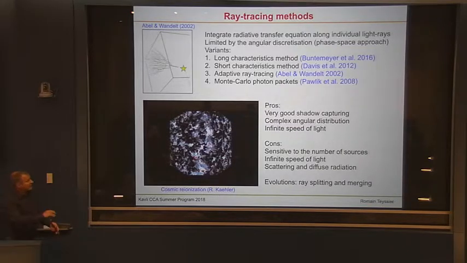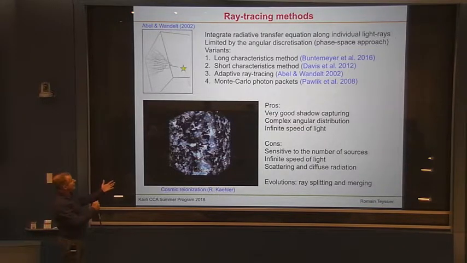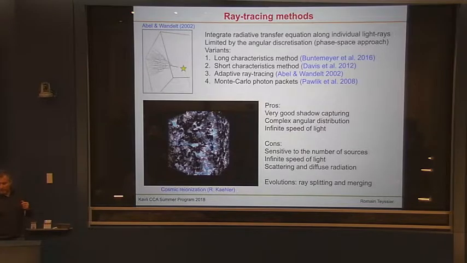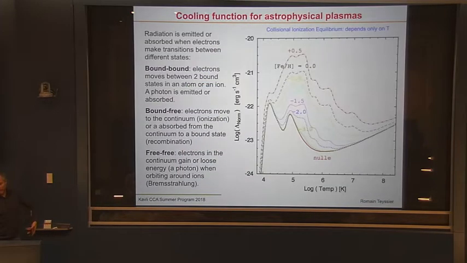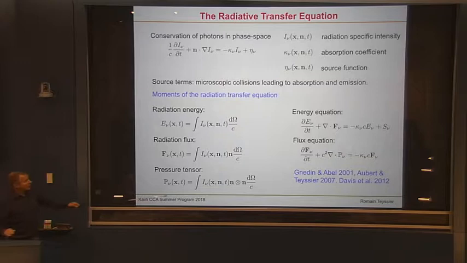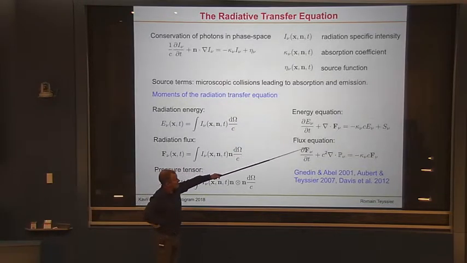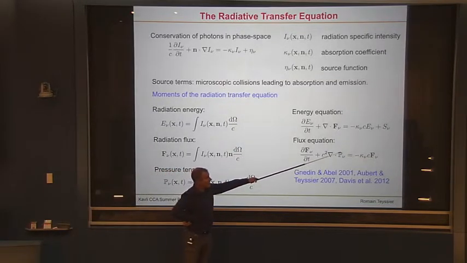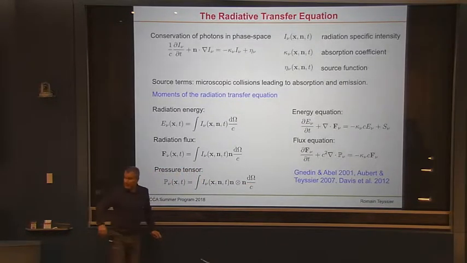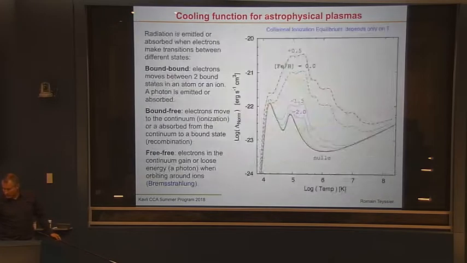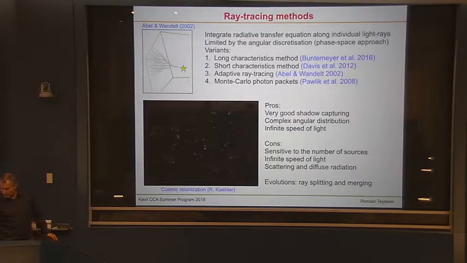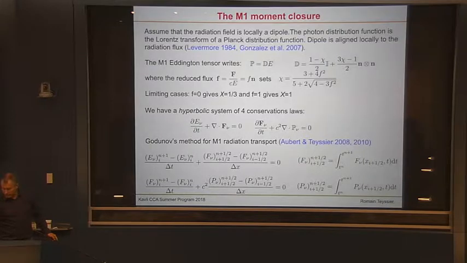So the second approach, as I said, was the moment method. The moment method is basically to solve those equations, except you're in trouble because you don't know what the shape of this term is. So there are many, many different approaches here. Okay, let me show what I did here. There is one very simple approach, which is called the M1 closure, which is summarized here.